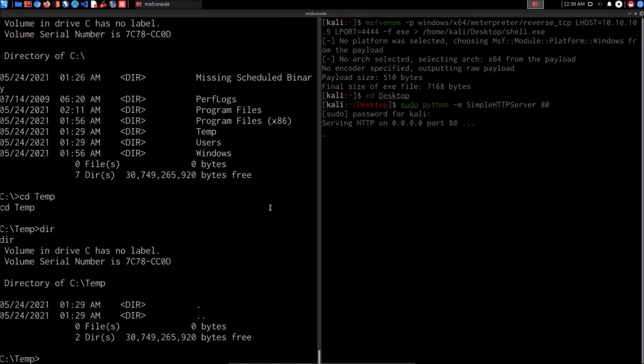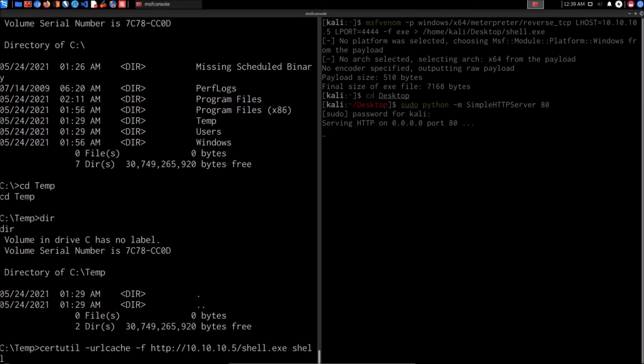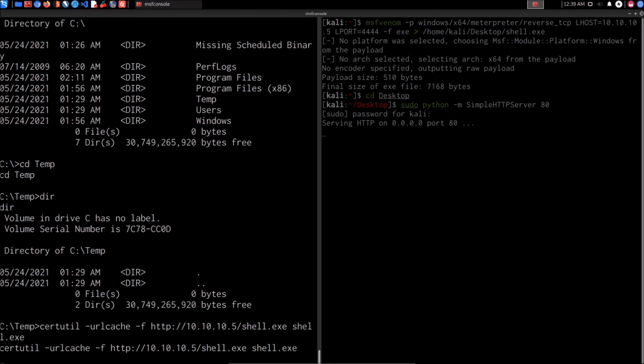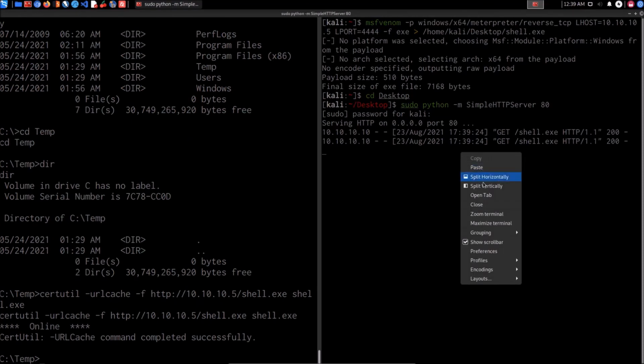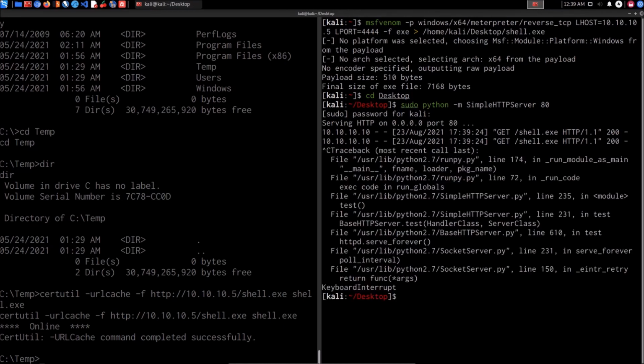And we will then use the certutil utility in conjunction with urlcache, and we'll say we want to download the file from the Kali IP or the Kali VM, and the file we're looking for is shell.exe, and we'll just save it as shell.exe, right? So shell.exe, there we are, and that should actually save it for us in the temp directory. There we are, that's done. So we can actually close that there, and instead, let's actually set up our handler